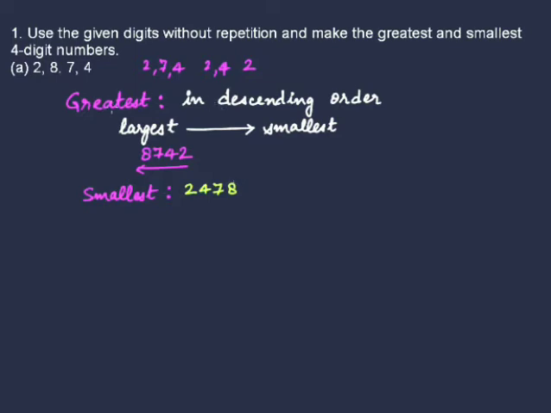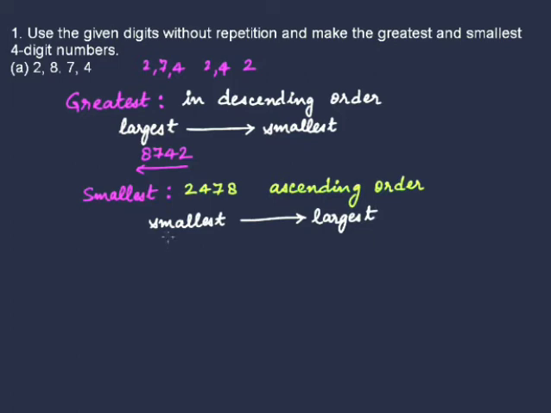Simple. Like the greatest number was nothing else but a descending order of the digits, the smallest number is nothing else but the ascending order of the digits. What does that mean? Ascending order means first write the smallest digit and go till you get the largest digit. First the smallest one, then a larger one, then again a larger one, and then again a larger one till you